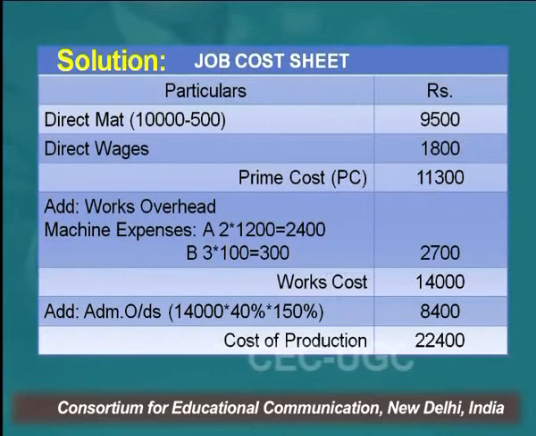So again I am cautioning you that when you calculate administrative overheads, don't calculate directly 40%. Since it is a 50% increase, you take 150% of that, 150 divided by 100, right? So this comes to be 8,400 rupees. So your cost of production is, in the works cost, when you add administrative overhead, what you get is cost of production,